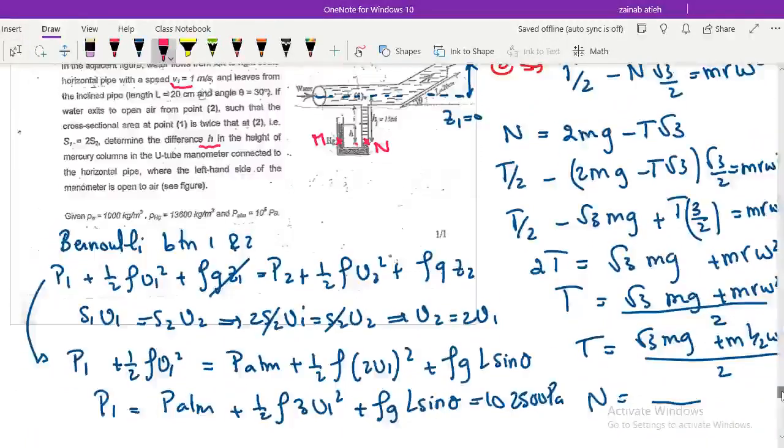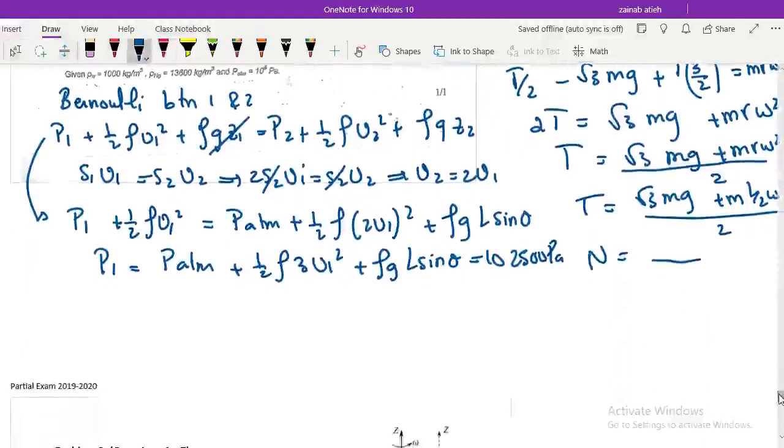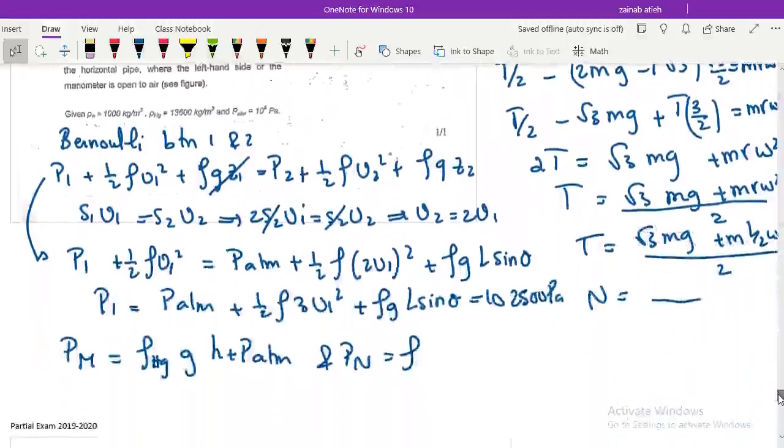Above M, I have the distance H, so rho G H for mercury, and then P atmospheric. As for N, above it is the height H1 of water, so no need to call anything unknown. So P_M is equal to rho for mercury G H plus P atmospheric, and P_N is equal to rho of water G, it was called H1, the whole distance, plus P A or P1,